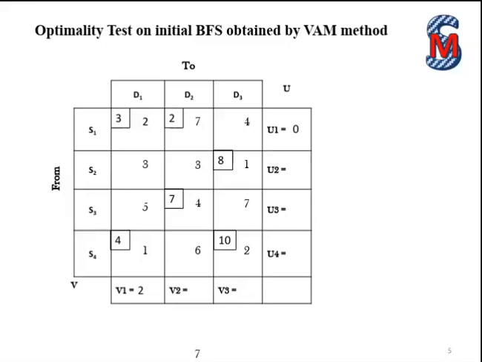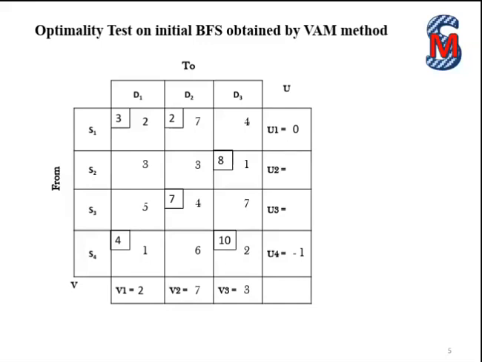Therefore V2 is 7. Now let us look at the S4D1 cell of the fourth row, which is an occupied cell with cost 1. For this cell we have V1 as 2 and its U4 is not known. So what should we add to 2 to get the resulting sum as 1? As 1 minus 2 is minus 1, therefore U4 should be minus 1. Now if we consider the S4D3 cell with cost 2, we can see that its U4 is minus 1 and its V3 is not known. So minus 1 plus 3 will make it 2, therefore V3 should be 3.